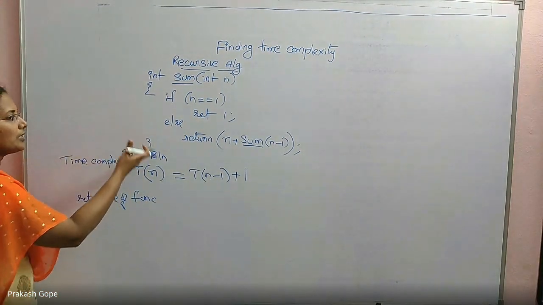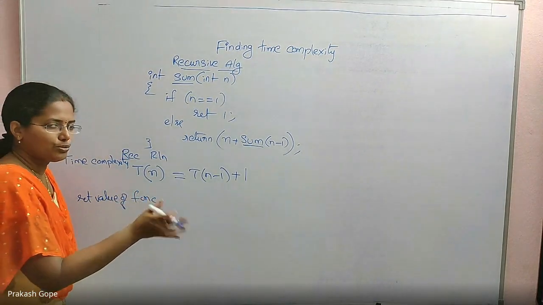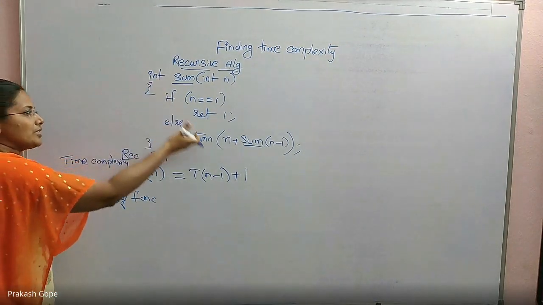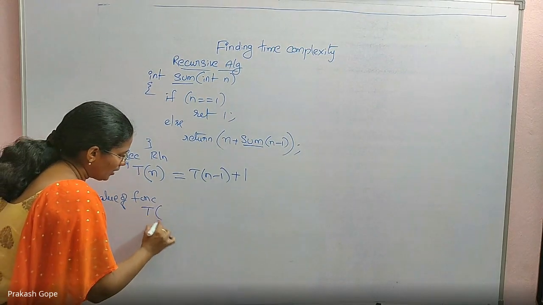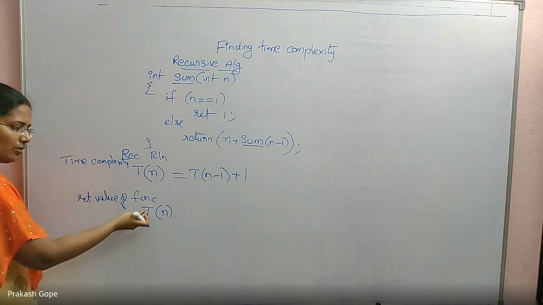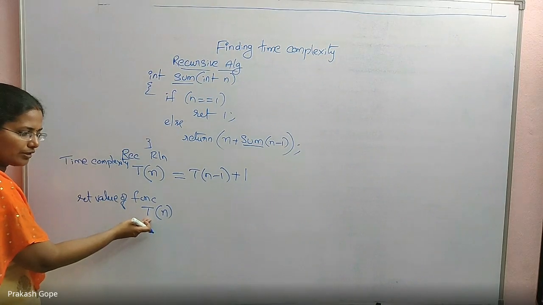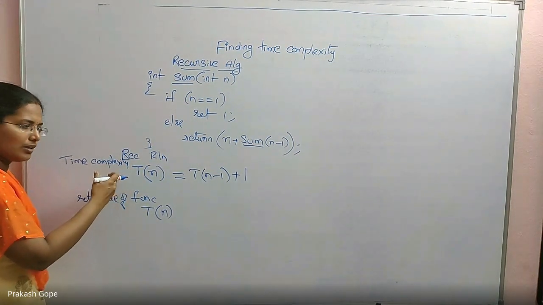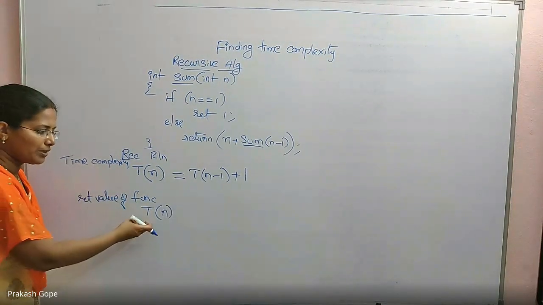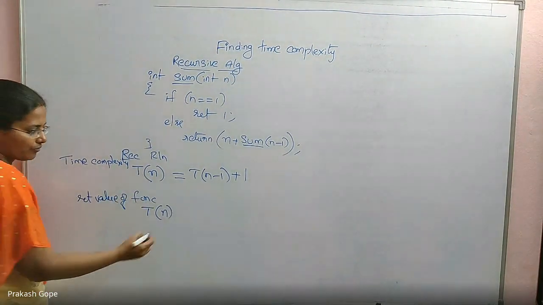If I ask you what the return value of this function best approximates to in terms of big O, first, because it is a recursion, you need to write the recurrence relation. There is no escape. For the value returned by the function, you can write some other symbol here. You don't have to write T. You can write anything. But as we are happy with T of n for the time complexity, even for the return value, I'm writing T of n.